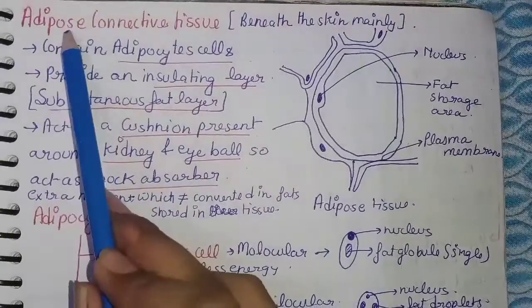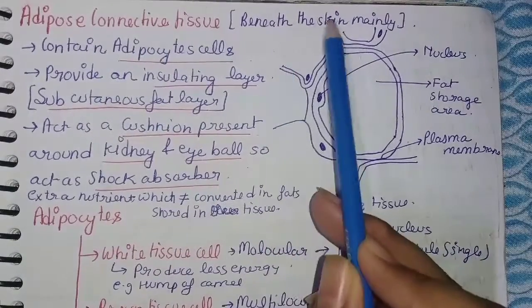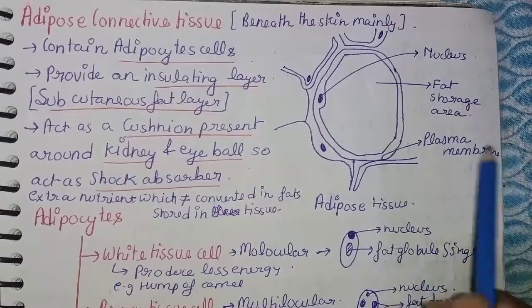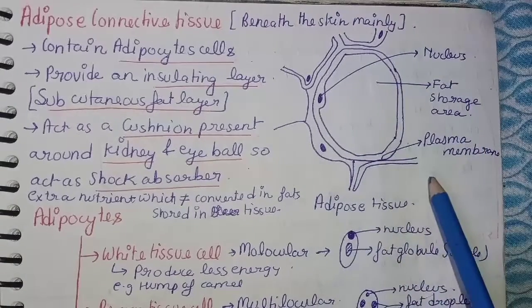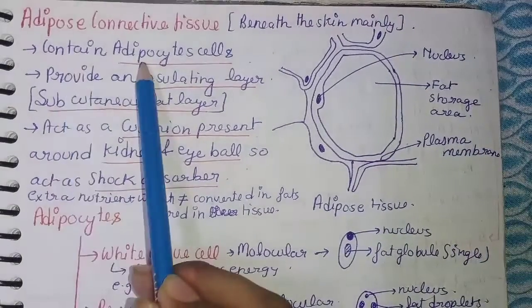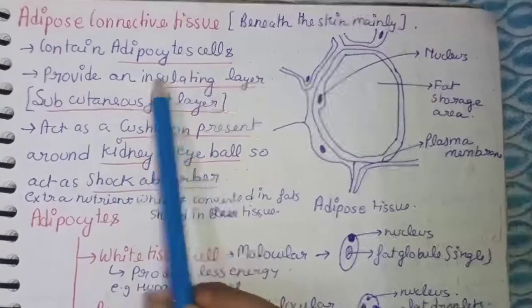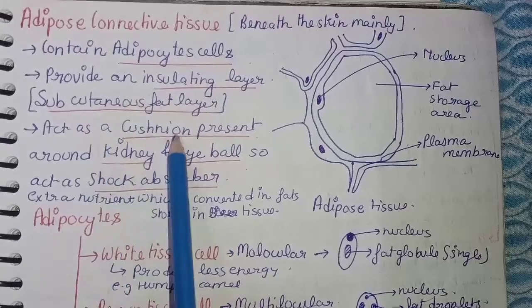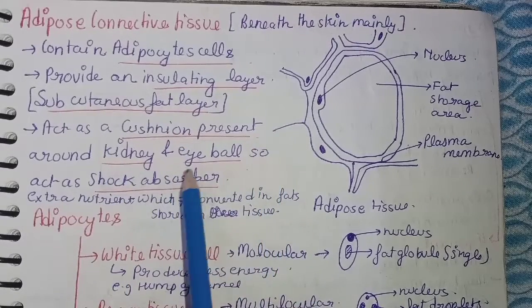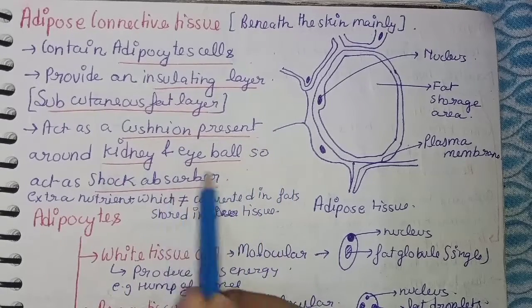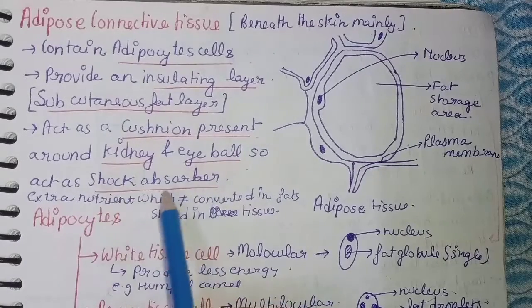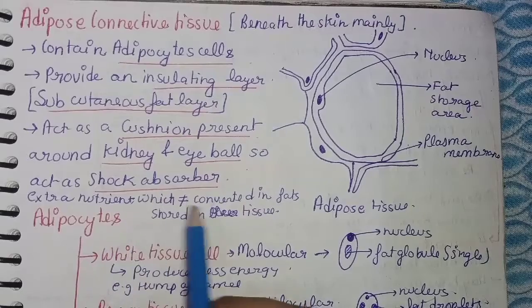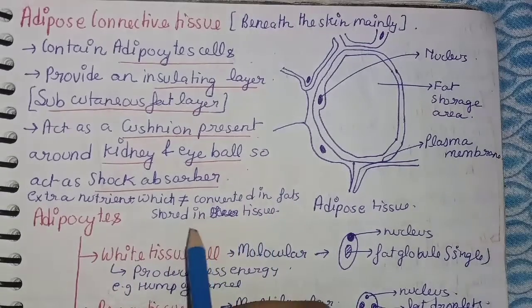Now coming to adipose connective tissue, it is found mainly beneath the skin. As you can see in the diagram, there is the nucleus, the fat storage, and the plasma membrane. This is a diagram of adipose tissue. They contain adipocyte cells. They provide an insulating layer, which is the subcutaneous fat layer. They act as a cushion and are present around the kidney and the eyeballs, so they act as a shock absorber. Their main function is to act as a shock absorber, and extra nutrients which are converted into fat are stored